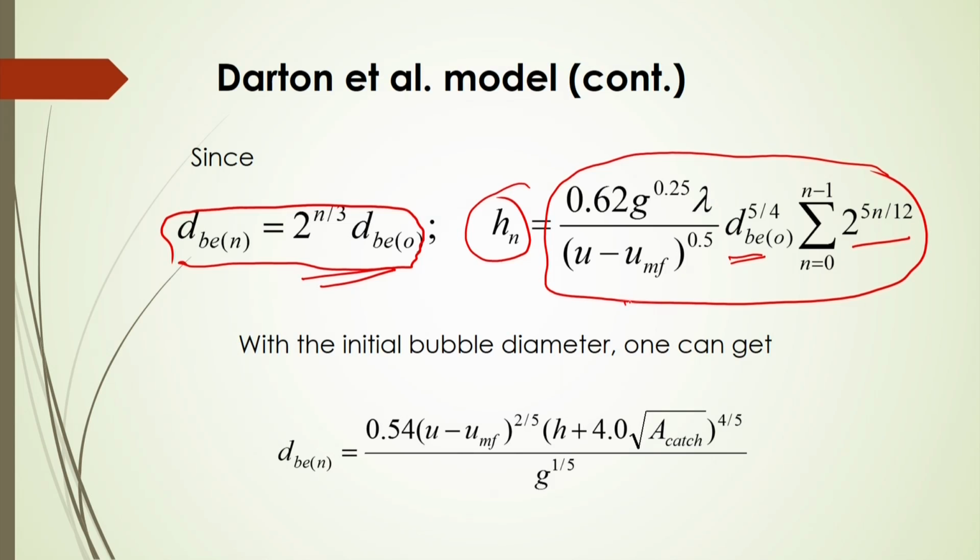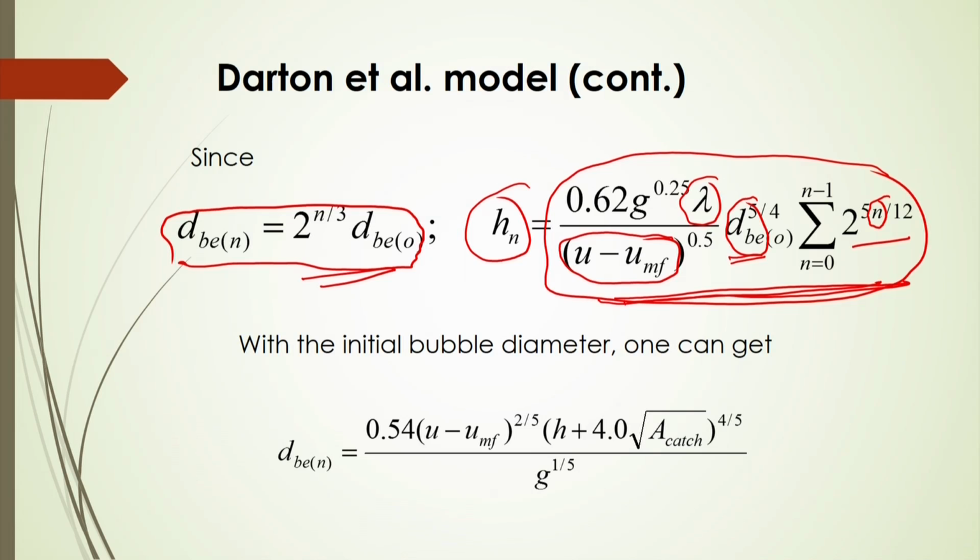So here this h n depends on the flow or velocity of this bubble, as well as the equivalent bubble diameter, and also the number of stages there. In that case, how to calculate this h n, you can of course obtain it from this. Now, lambda should be equal to 1.17. Now, once you calculate this h n with this equation,